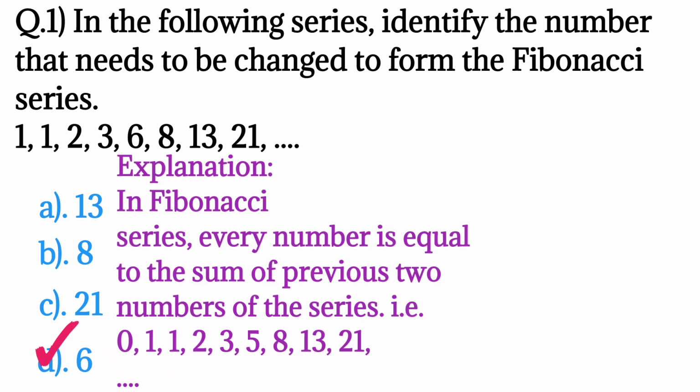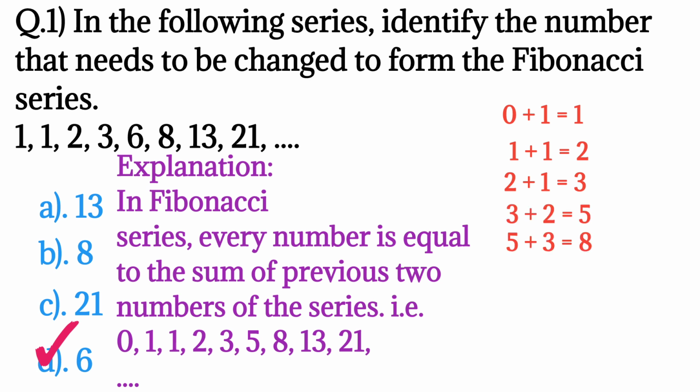In Fibonacci series, every number is equal to the sum of previous two numbers of the series. That is 0, 1, 1, 2, 3, 5, 8, 13, 21. इसी तरह जब हम प्रीवियस टू टर्म आपस में ऐड करेंगे तो ये हमारे पास नेक्स्ट टर्म आएगा। तो इस तरह ये हमारे पास 3 + 2 = 5 आता है और यहाँ 6 लिखा है। तो 3 + 2 = 5 आएगा।